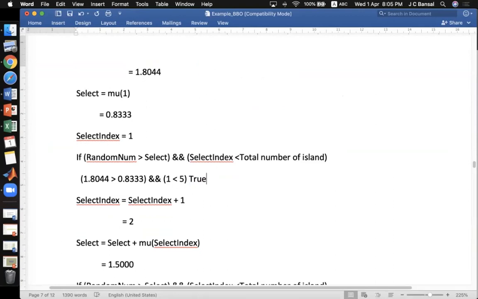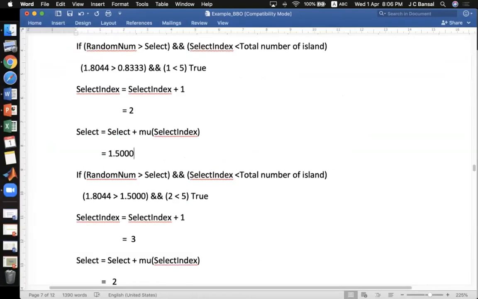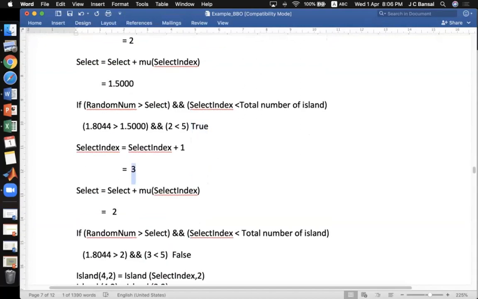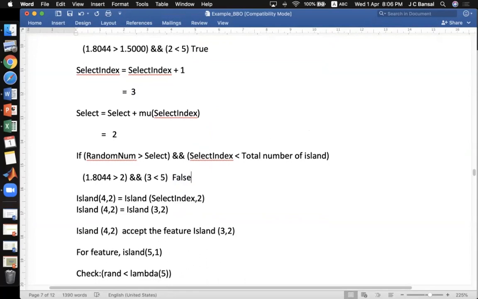So we will continue and we'll check select equal to select index plus 1, that is 2. We'll calculate the new select in the same process, and we'll check the condition again, and again it is true. It means we'll move further to 3, and this time it is false. Means for the select index equal to 3 it is false, and therefore the fourth island's